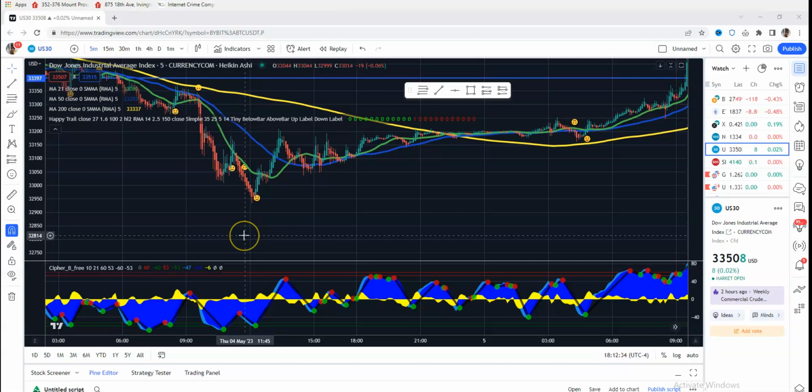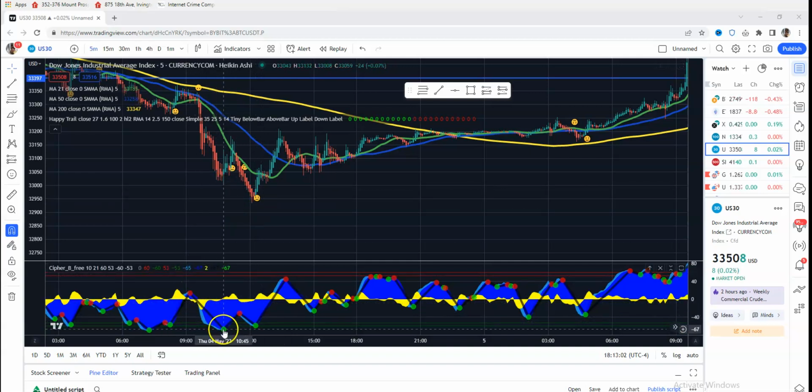We had that Fed meeting that week. So we actually bottomed out on US 30 around 32,937, and take a look at what we have here. This is a classic divergence here that got me into a perfect swing trade, calling the exact bottom of the market on a short time frame for the 5-minute chart here, because you see